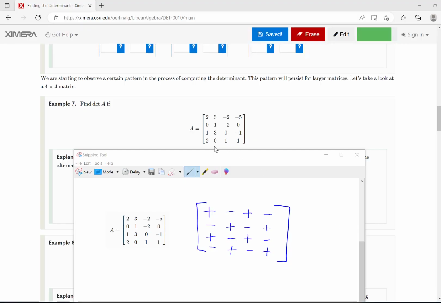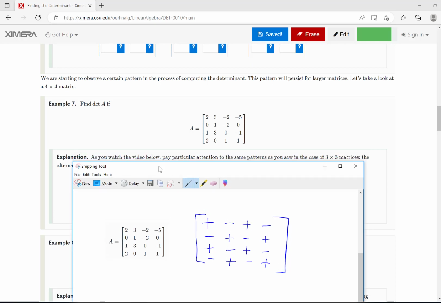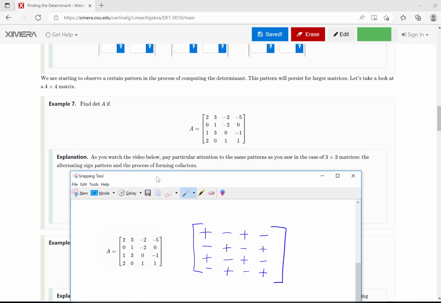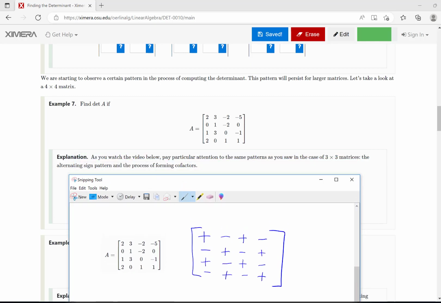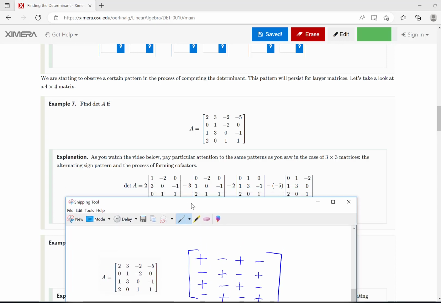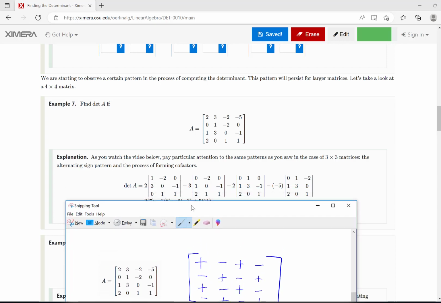This video is to help you find the determinant of a 4x4 matrix. We have the matrix in example 7, and you'll notice that next to matrix A, I've drawn the same checkerboard pattern. We extended it a little bit farther now because this is a 4x4 matrix. And so in the explanation, when they compute the determinant of A, they're expanding along the first row, 2, 3,